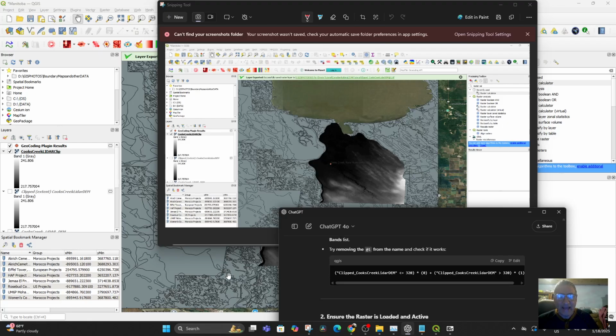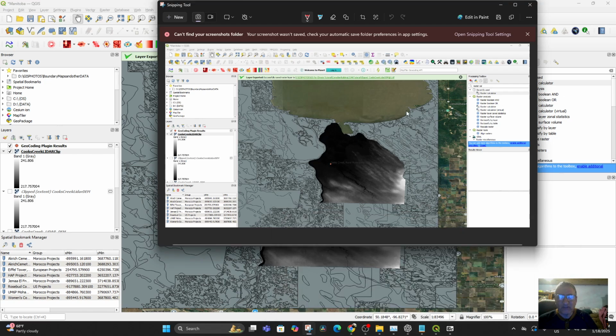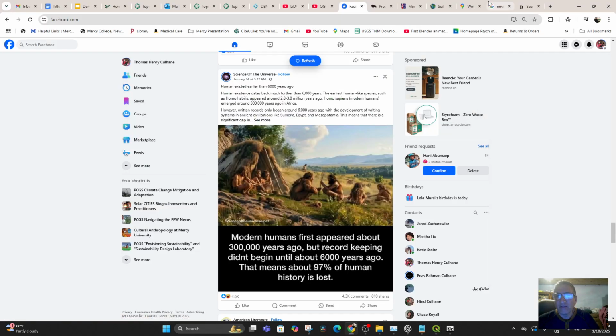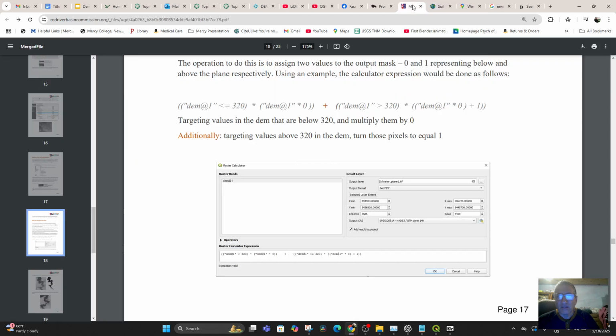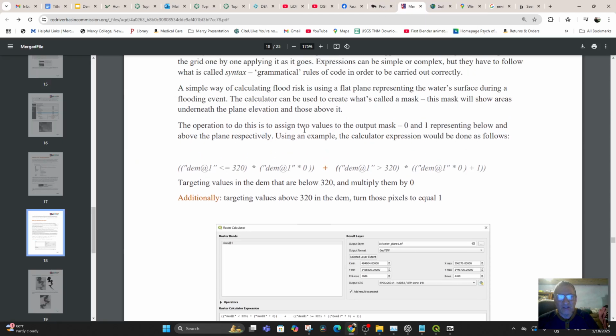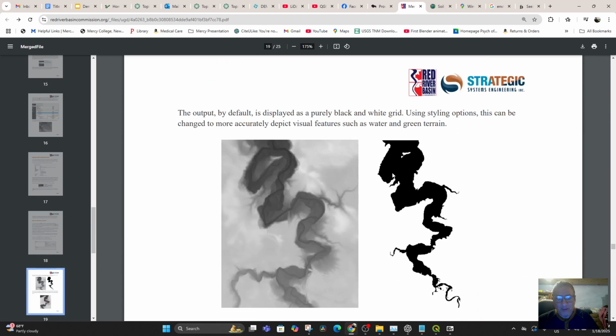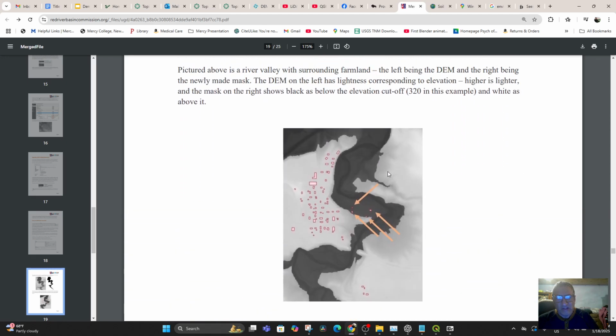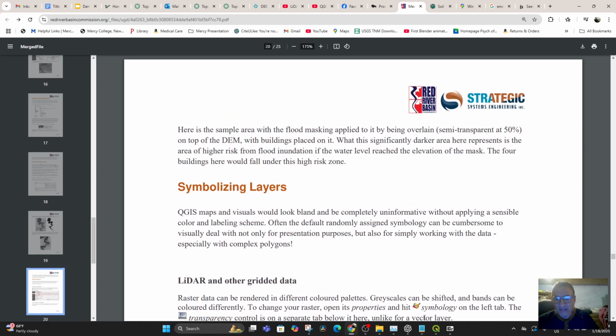All right, everybody, I'm back at it, and I just looked at this data and I thought to myself, wait a minute. The formula that we were looking at in this document was suggesting that sea level was at 320 meters and that we were going to do below the plane at below or equal to 320 and above 320. It's all fine and good, except do you notice that in our data